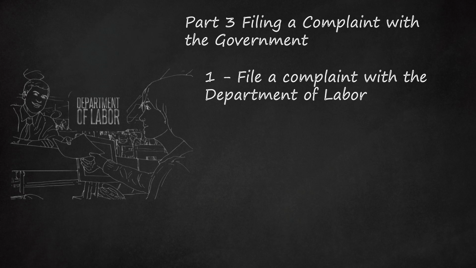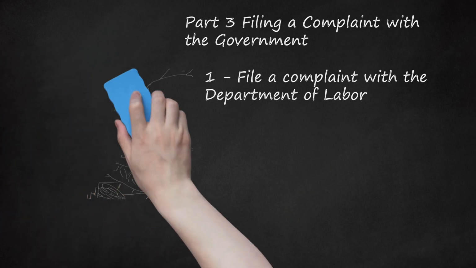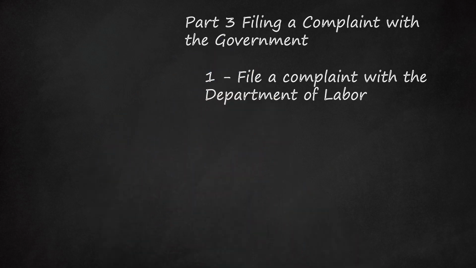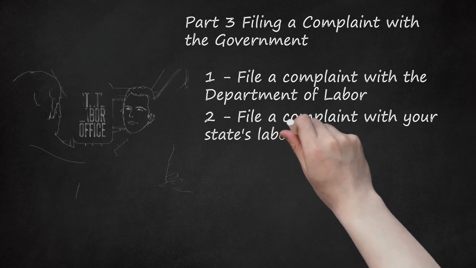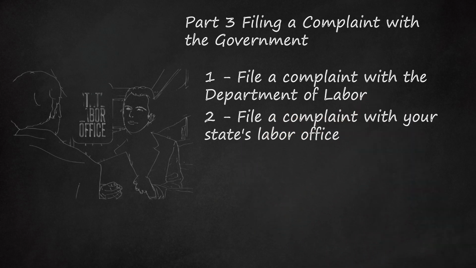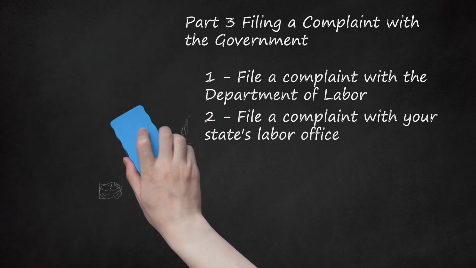To file a complaint with the DOL, call 1-866-487-9243 or contact your local DOL office. To find a local office, visit the DOL map at 2. File a complaint with your state's labor office. You may also file a complaint with your state's labor office if your employer violated your state's wage laws. To find your state's labor office, use the contact list created by the DOL online at